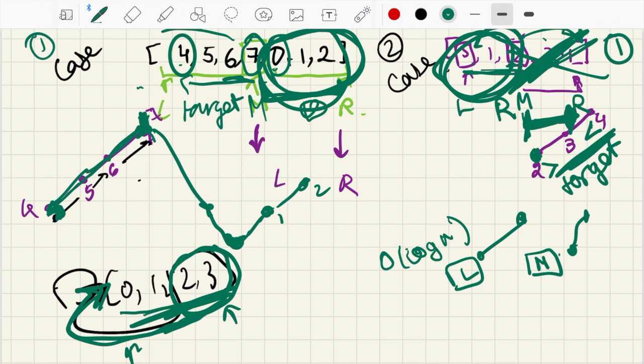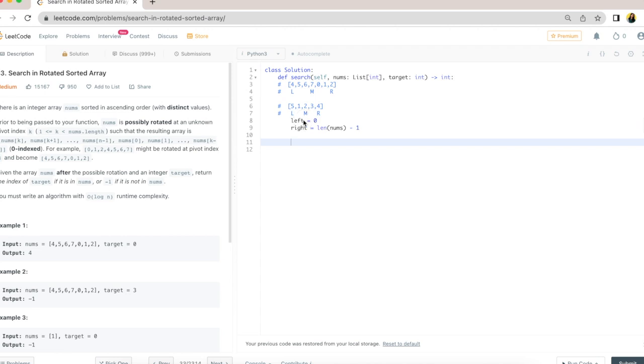Now we're gonna dive into the code. Okay, so I'm back in Leetcode, and what I've done here is I have created the left index at position 0, and then we have our right index at the last position. And what I'm going to do now is create a while loop. So while left is less than or equal to right,